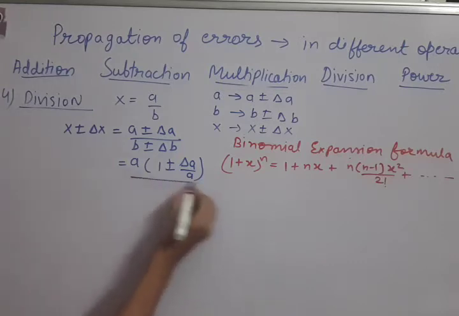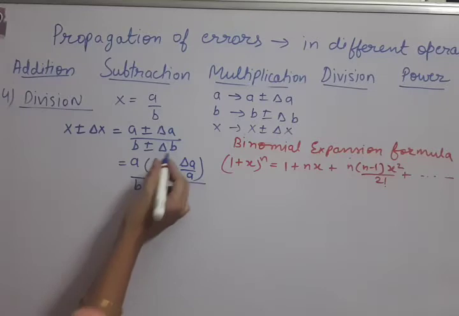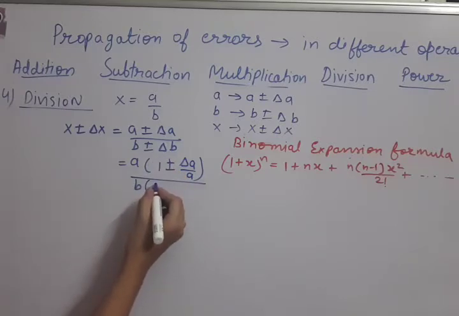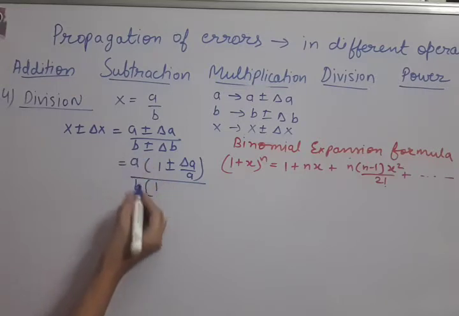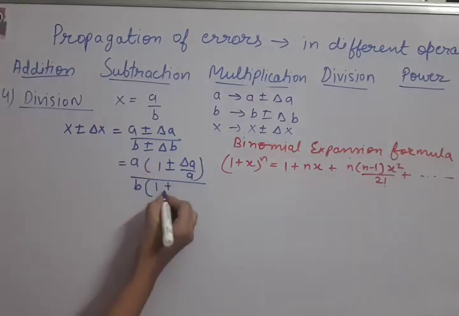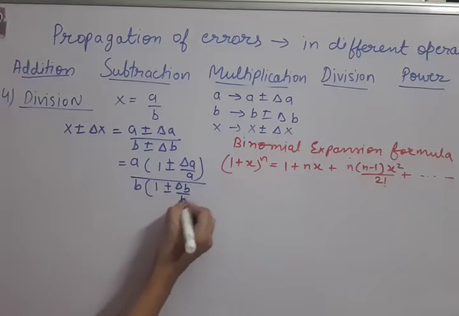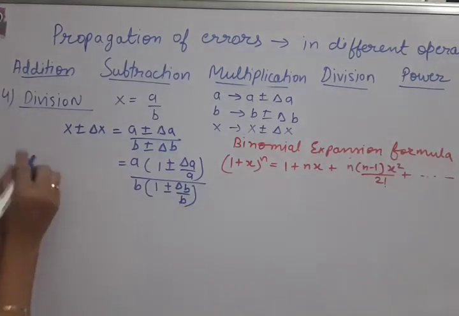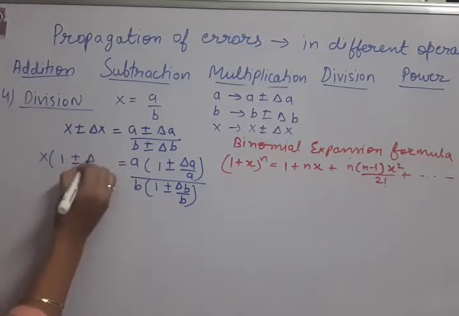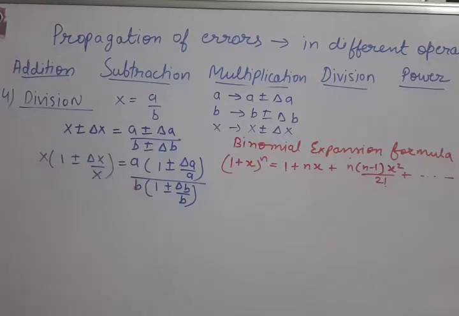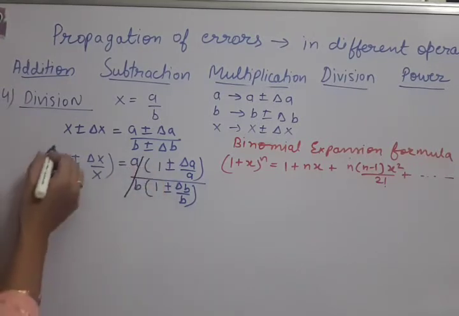In the same manner, if b we take common from the lower term, then 1 is left here because b is taken out, and here delta b upon b will remain. In the same manner, here also we have to take x common, so a similar type of term will appear. Now students, here we can cancel x. See, here x is appearing and here a upon b is appearing. Both terms are in multiplication with the other terms. So a upon b cancelled with x.